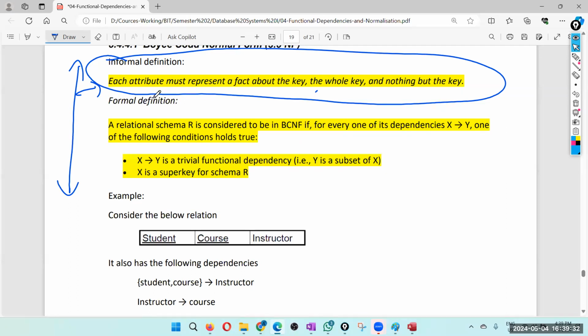Right, so this is a formal definition. A relational schema R is considered to be in BCNF